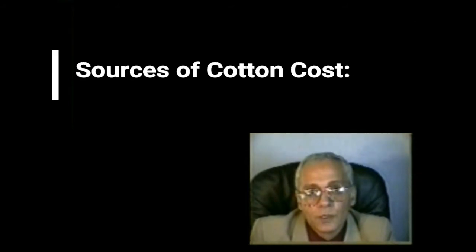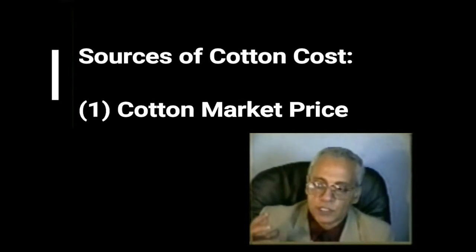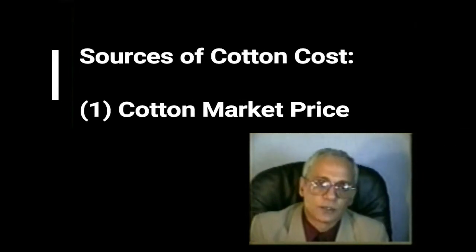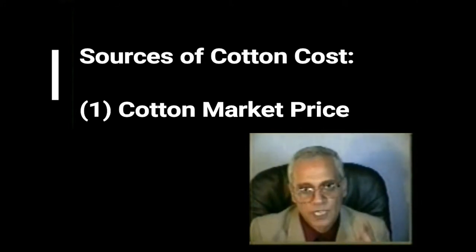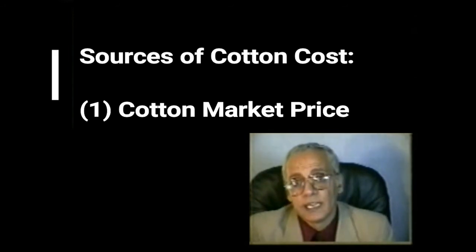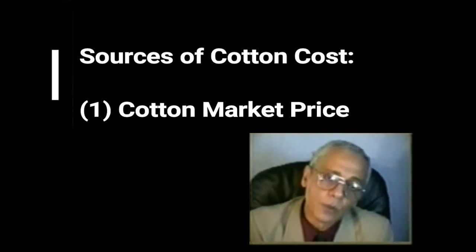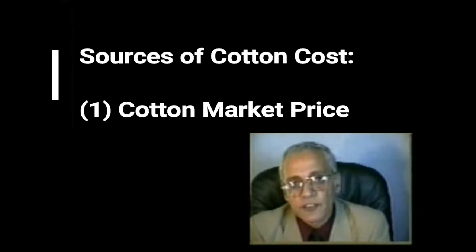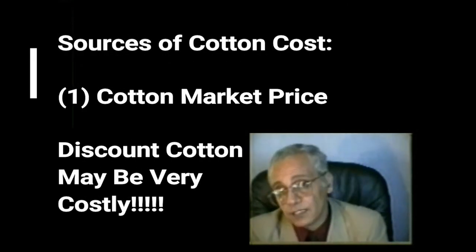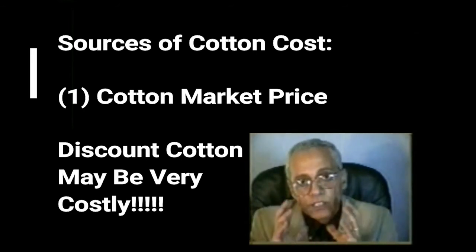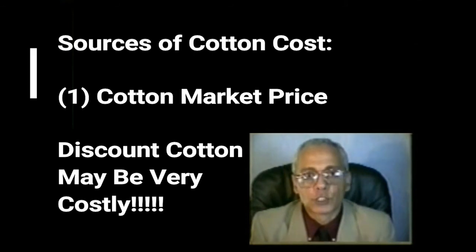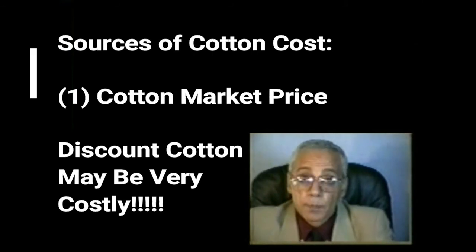We are all happy when cotton is cheap. Not only that, the cotton department or the people that buy the cotton try their very best to look for discount cotton. And that's why sometimes we have a problem, because you buy a discount cotton and then you find out that it was not all that discount, because what you saved in the raw material is quite often reflected in a cost added in manufacturing and processing. So we need to be very careful in that. But price is the number one factor contributing to the cost of raw material. But there are other sources.